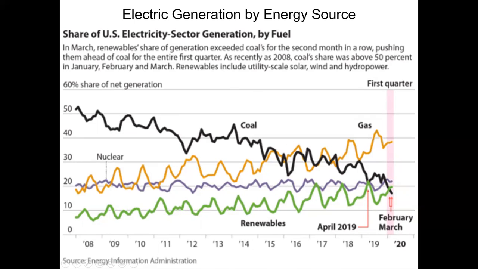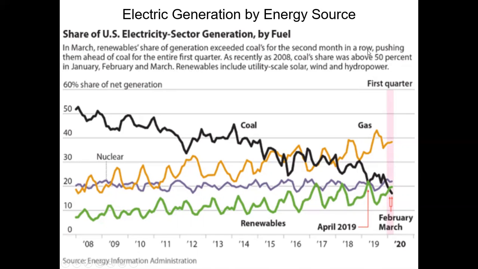I'm not sure if this is 19, 20. So anyway, February and March in here, they make the note that in March, renewable share generation exceeded coal's